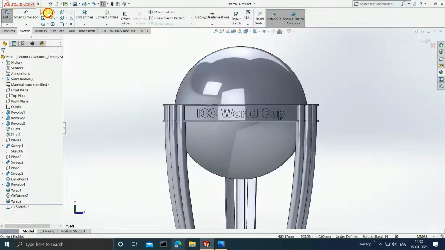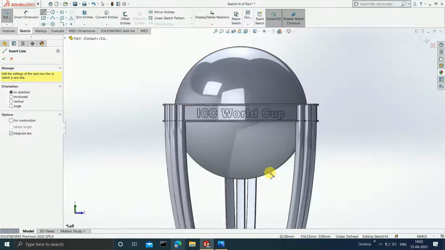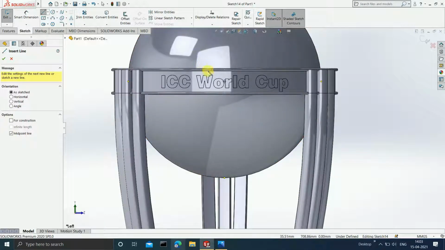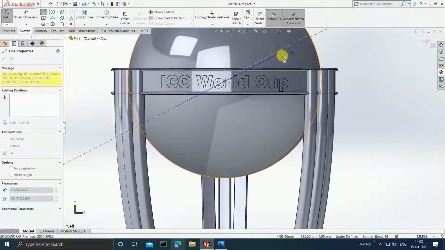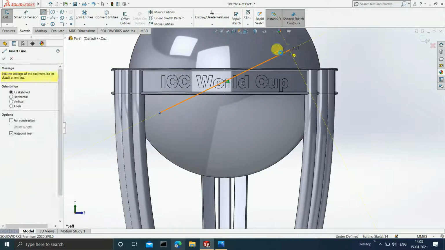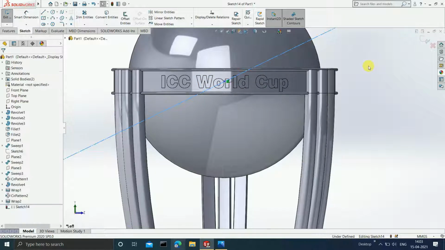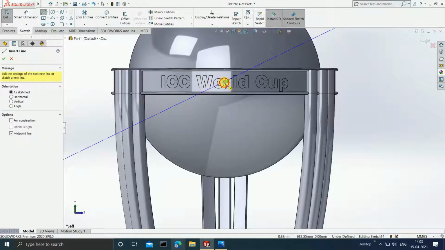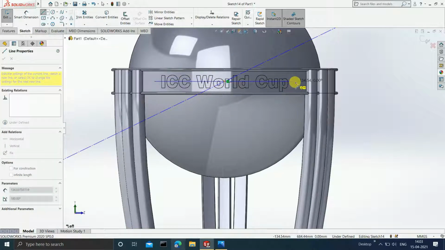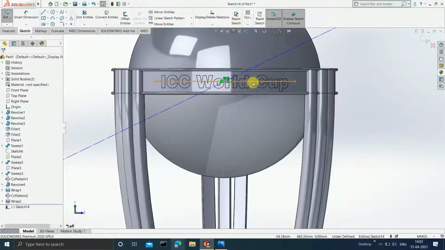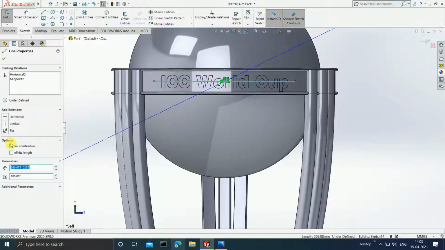Now guys, we have to go to this and select midpoint line, and you have to start the midpoint line exactly from the center of this sphere. Can you see the center of the sphere? See, it is over here somewhere. See, from this we have to start. Click on escape. Just select this line, make it infinite length and for construction. Similarly, you have to draw the horizontal line as well. So again select midpoint line, escape, select this line, make it for construction and make it infinite length.